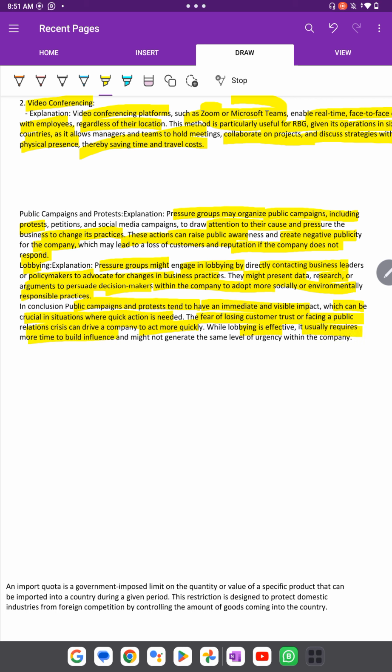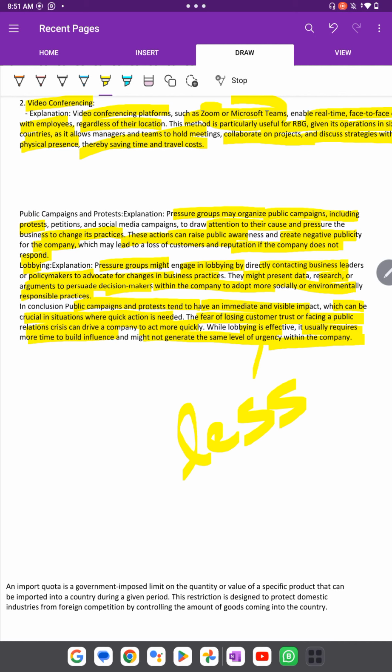It is less effective because it requires more time to build influence and might not generate the same level of urgency within the company. Yes, because if they talk to the business leaders, there will be different sessions of meetings they have to conduct. It will take a long time, but in lobbying,